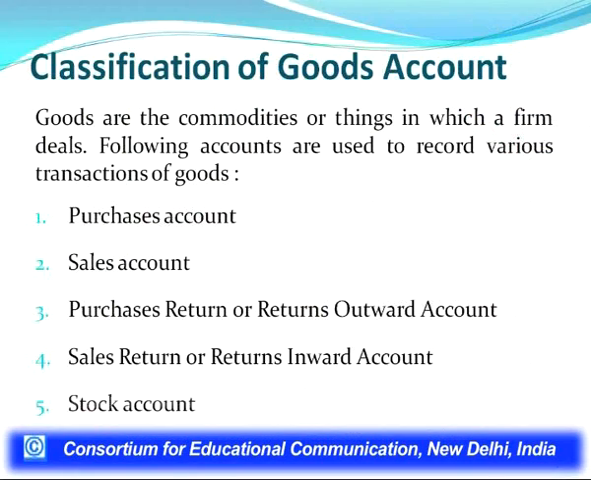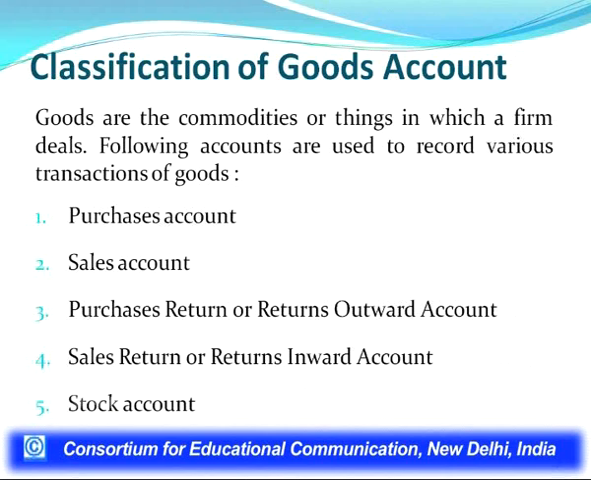Goods means the commodity in which a firm deals. So, that is the goods, and goods account is classified into 5 categories. One is the purchase account. Purchase account is used to record purchase of goods only. Sales account is used to record sale of goods only. Then purchase return account or return outward account, this is used to record the goods returned by us to the supplier